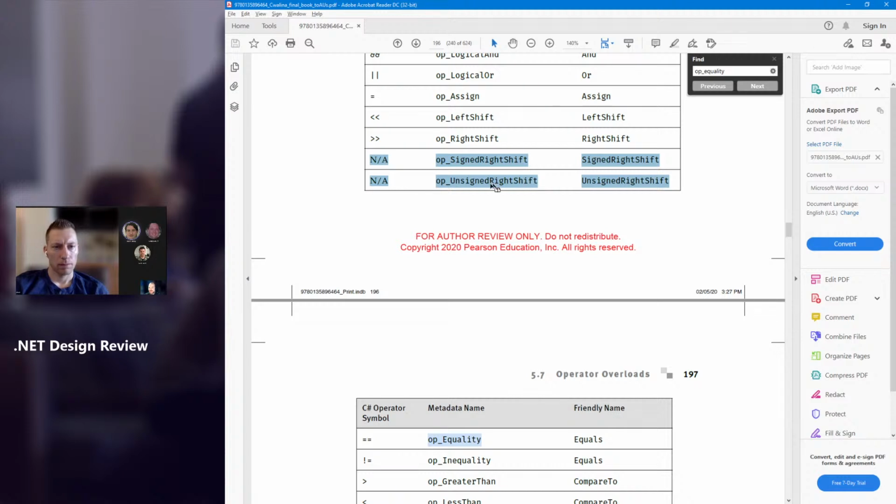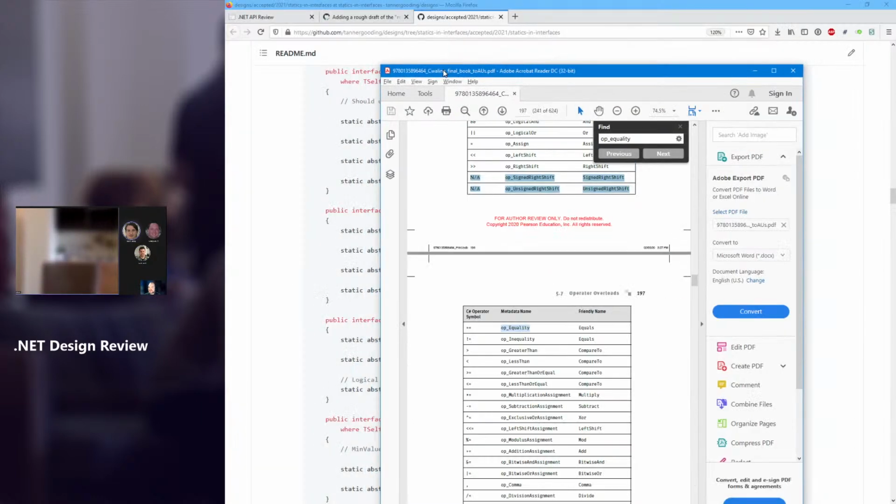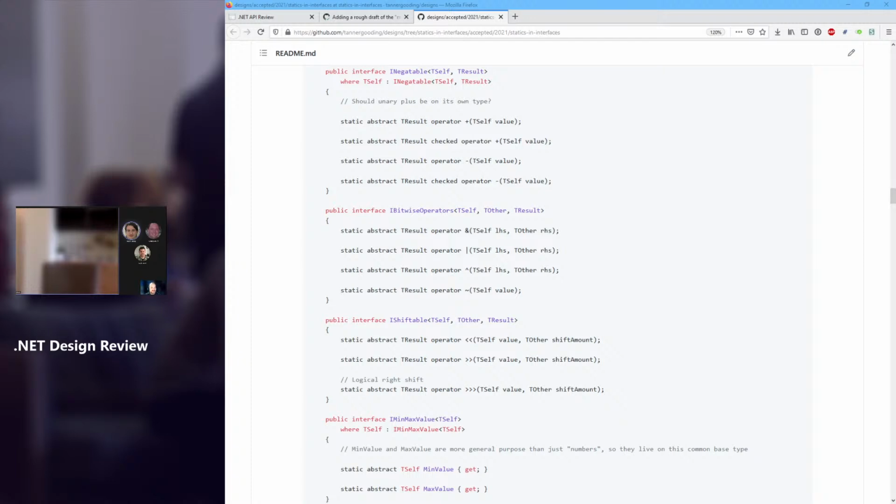Yeah, so apparently we have ECMA names for these operators, but C# operator overloading didn't define it, and I was like, wait, I'm at a not applicable in this table. Yeah, and the current proposal is to just use the same operator as Java and basically every other language, which is just triple